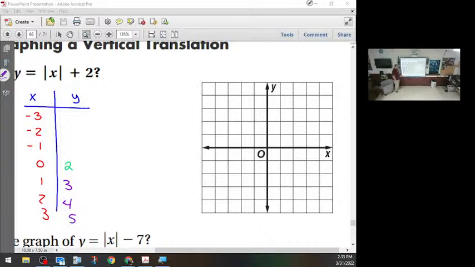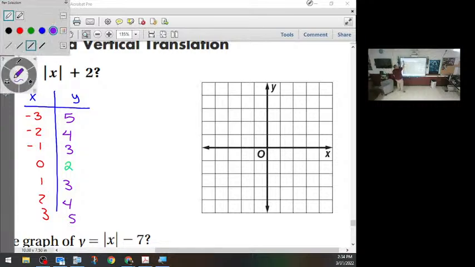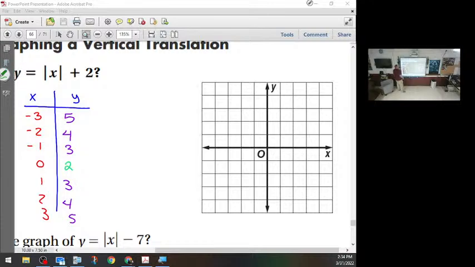Okay. But what if I put a -1 in there? It's still 1 plus 2. It's still 2 plus 2. Stop it! Freshman. Okay? It's going to do the same thing, but on the other side. And if I plot those points, it turns out I didn't need this table at all. Because